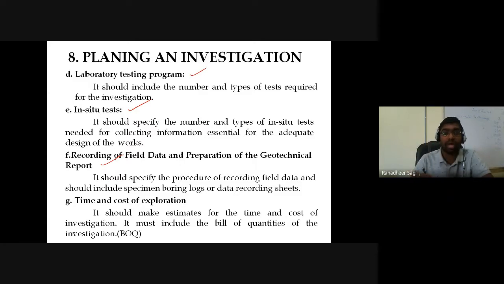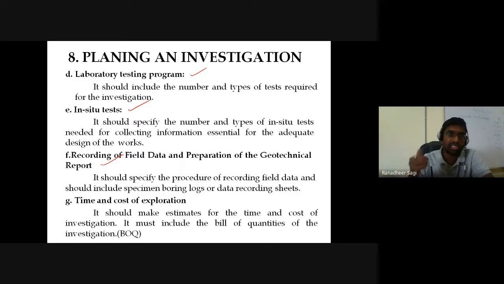how many boreholes are made, where is the position of those boreholes, what is the depth of each borehole. And by collecting the soil sample, by extending the borehole, whether the sample collected was disturbed or undisturbed. If it is disturbed, what tests are conducted on the disturbed soil sample? On the undisturbed soil, what tests are conducted? What are those test results?